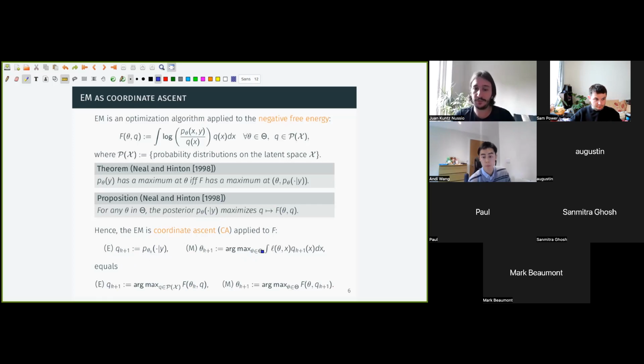And as for the M step, if you squint at this thing here and at that thing there for around 10 seconds, you'll realize that maximizing one of these over theta is the same as maximizing the other one. So we can also write the M step as one of these coordinate maximization steps. This time we fix the q's to whatever came out of the E step, and we maximize over theta. So we have this coordinate maximization: we fix one argument, maximize over the other, then fix the other, and maximize over the first. And I like this interpretation because it lets you draw cartoons that give you a little bit of an intuitive feel of why EM might work.